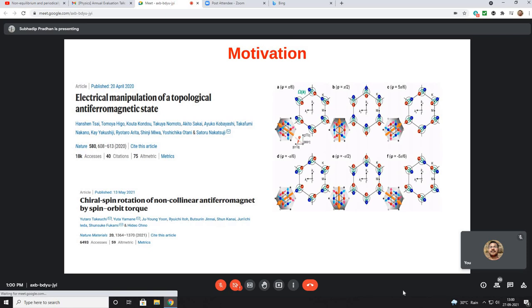But the material is a topological insulator, is it? No, sir. Here it is Mn3Sn. That's not topological. Why? If you look at the picture, yeah. So if the magnetization that you are talking about and the electric field are coupled to the intrinsic magnetization, they will generate some kind of anomaly term.